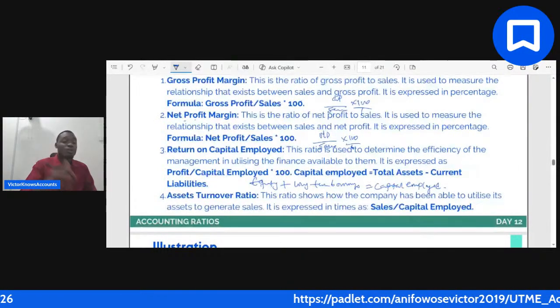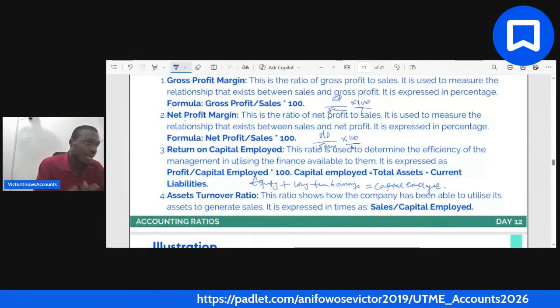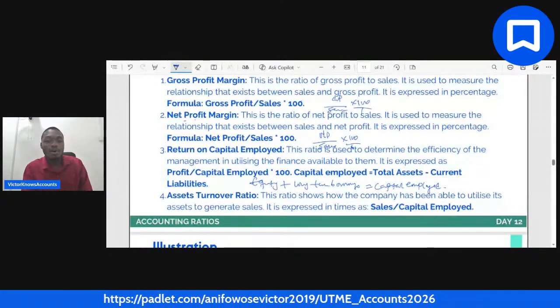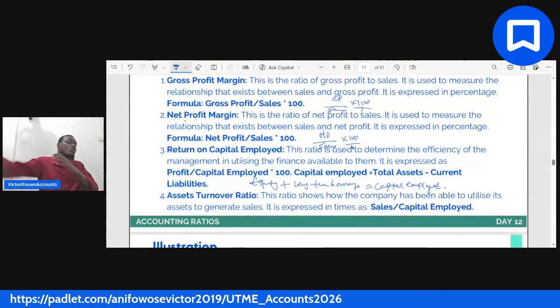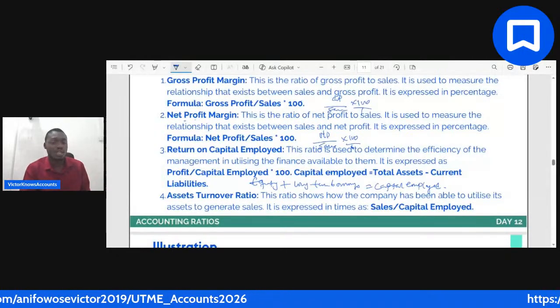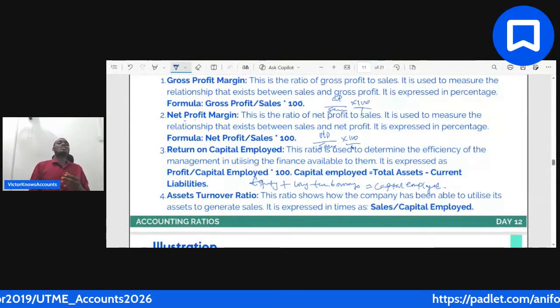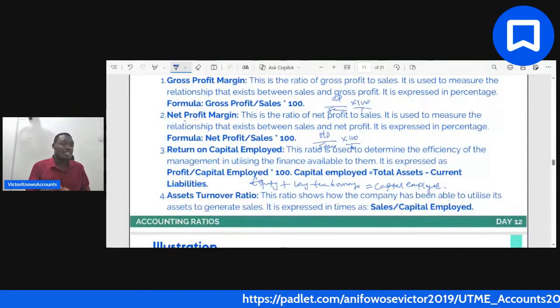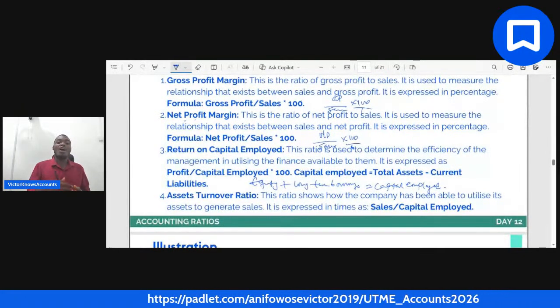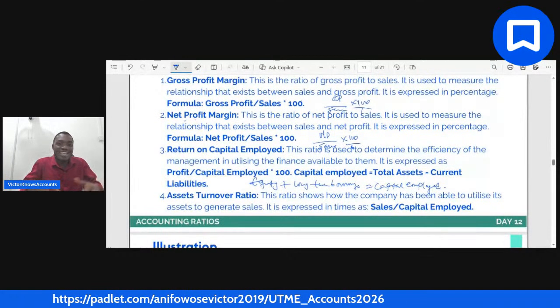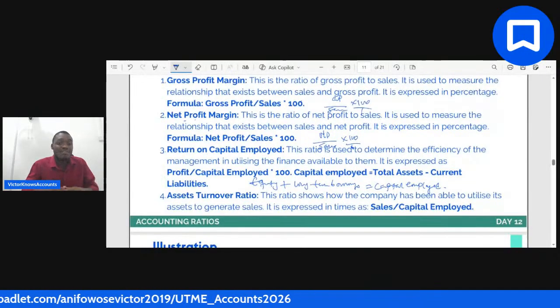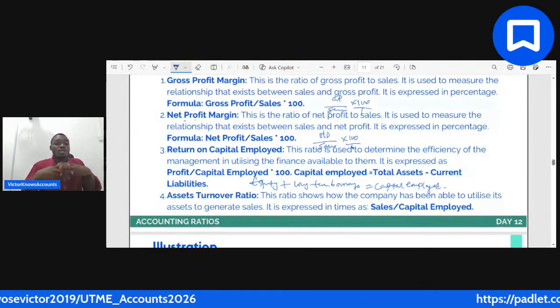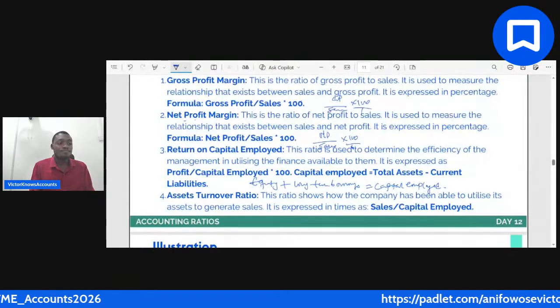The equity is the amount of money that was pumped in by the owner of the business, while long-term borrowing is the amount of money that you borrow from outsiders in order to run your business. So return on capital employed is trying to see how efficient and how effective these management are, how well they are able to use the finance that is available to them, in form of what the owner contributed,